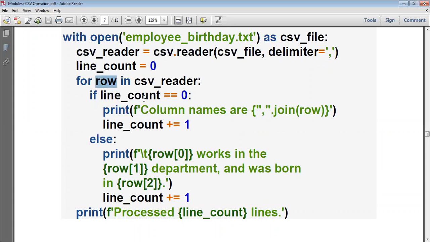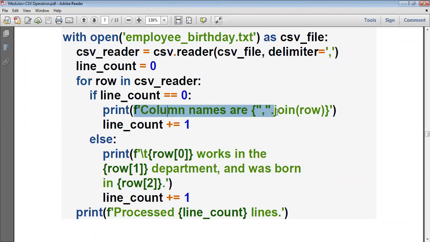Initially the line count will be 0. Then print, where this f means it is a formatted string, which contains some formatters. Already we have seen the format operator in Python. While you are mentioning the string, using curly braces you can represent some formats for the strings.